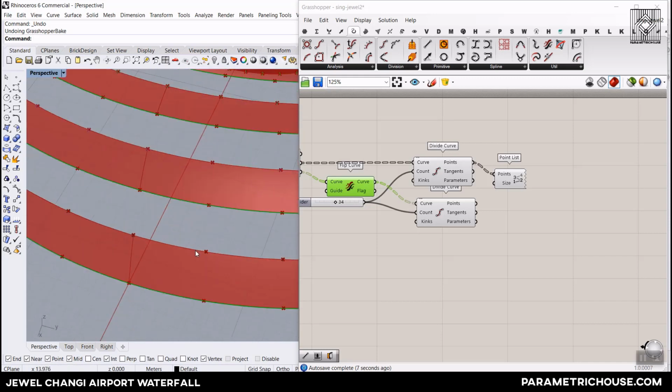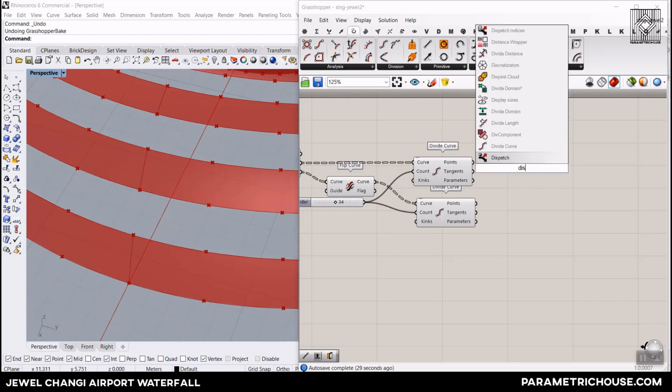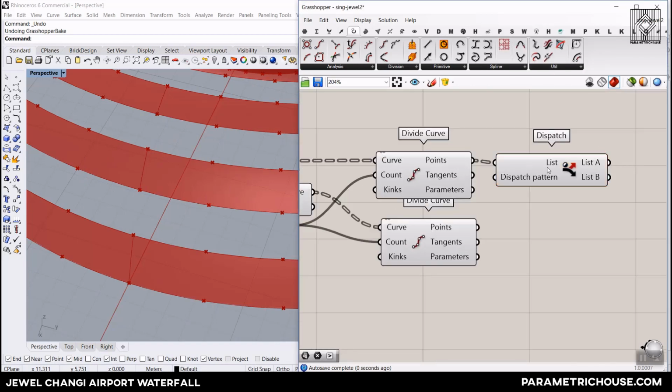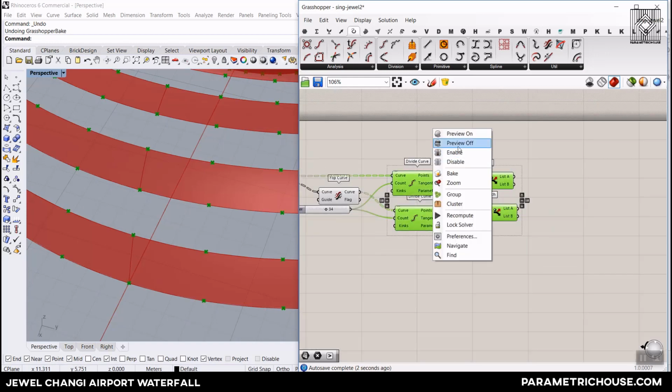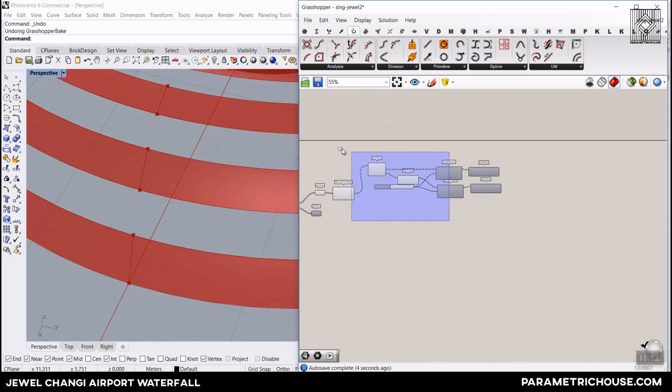Okay. Now what we have to do is to again dispatch these points. For example, for the bottom, we don't need these and this point, but we need these points, right? And for the top, we need these points, well, but we don't need these points. So again, a small trick, dispatch, and now let's just see which points we need. Let's turn this off